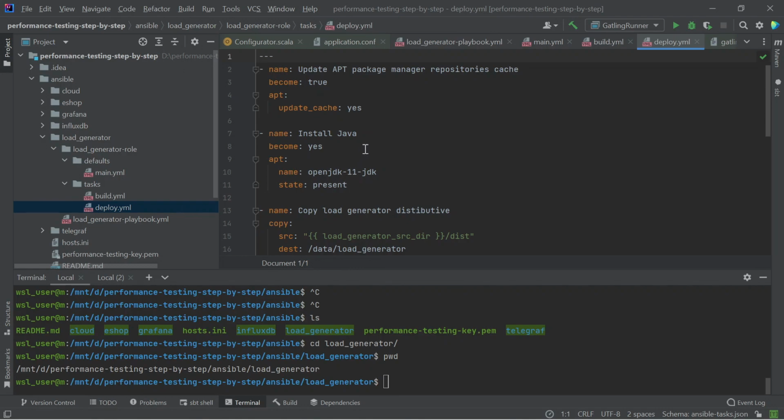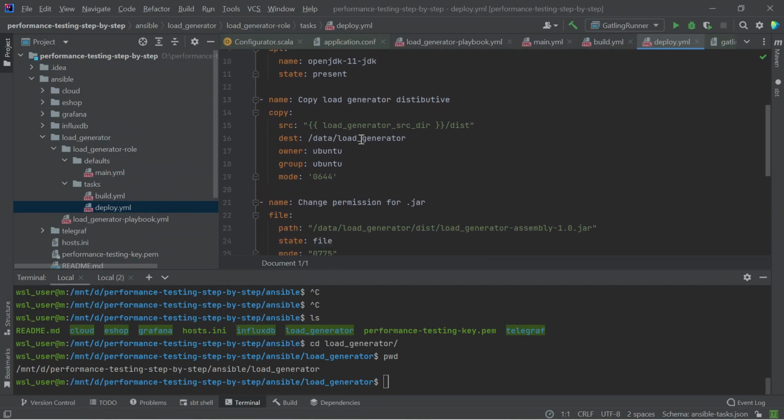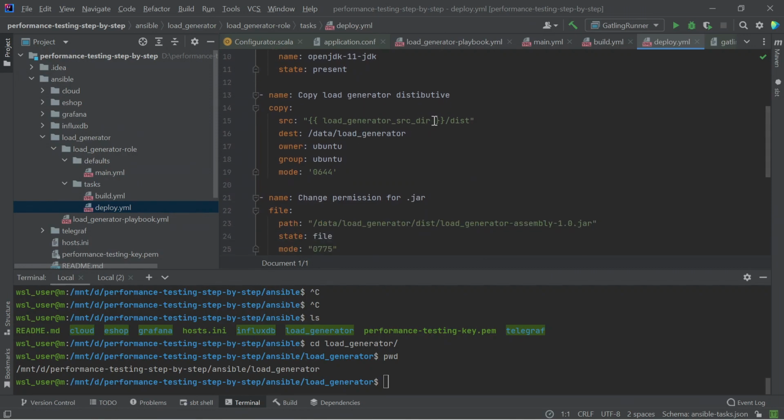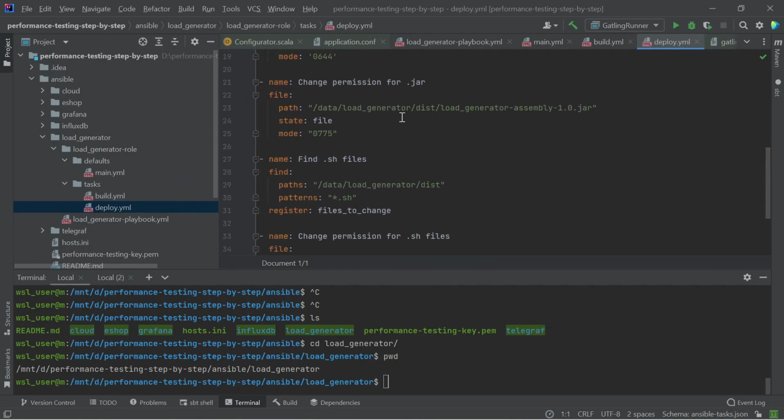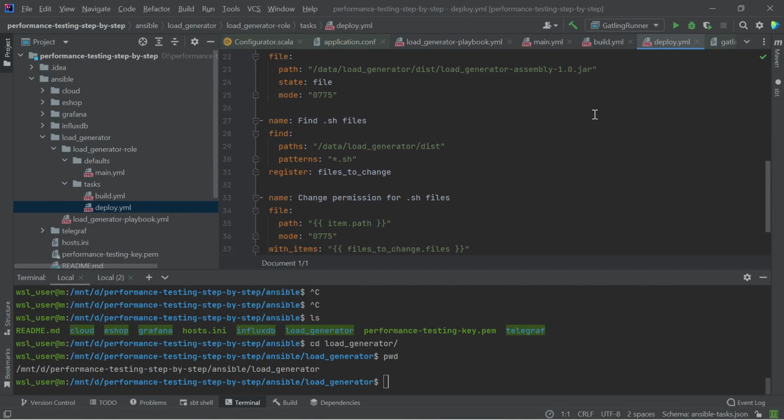In this task, Java is installed on the remote machine. The load generator distribution package is copied to it, and the corresponding execution permissions are set to the jar file and sh files.